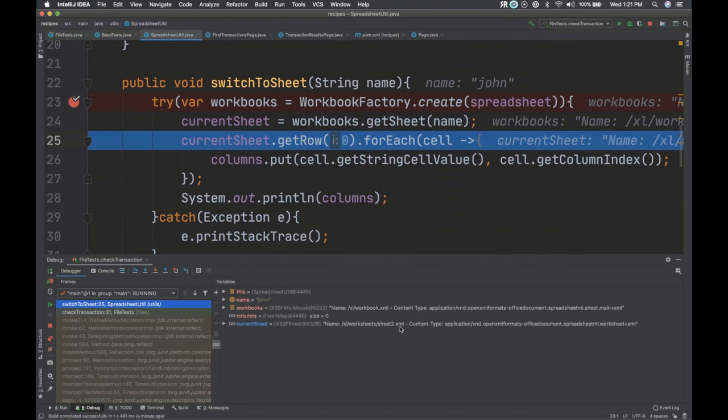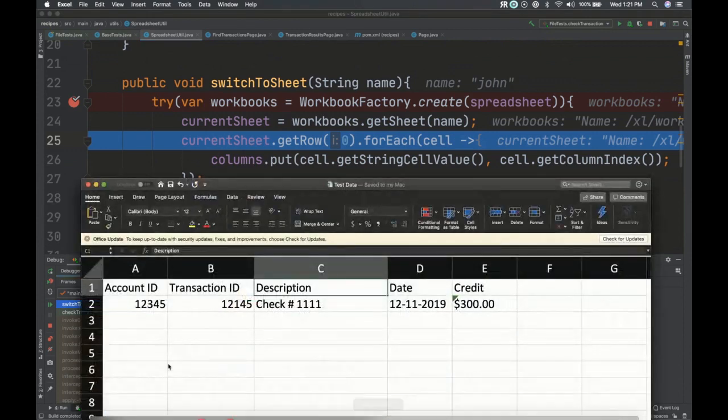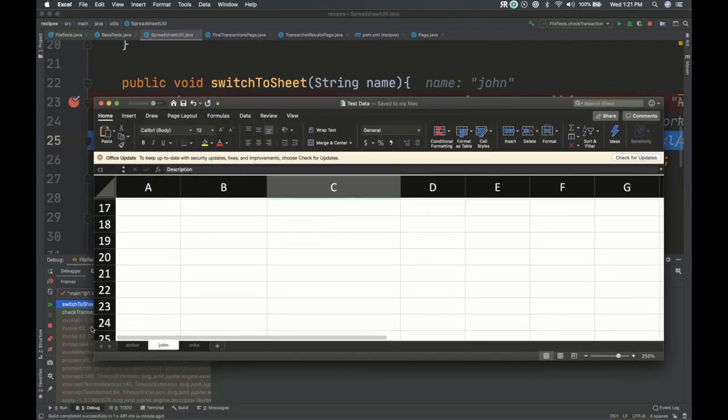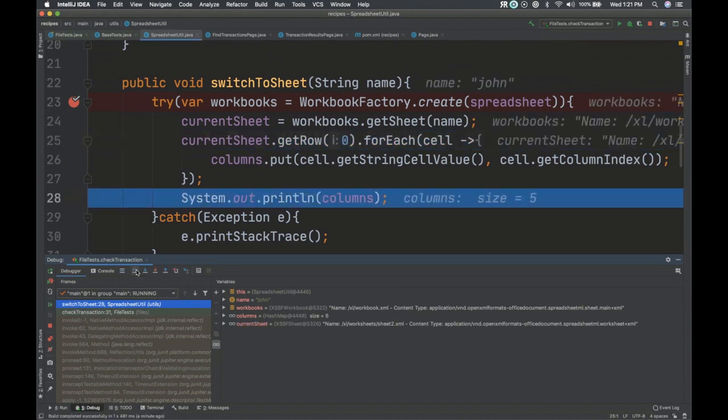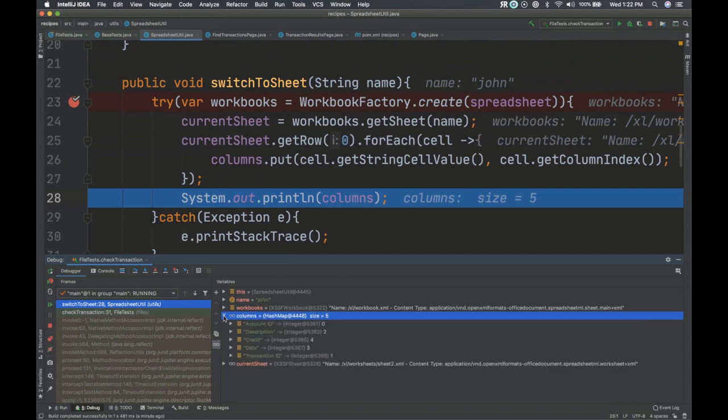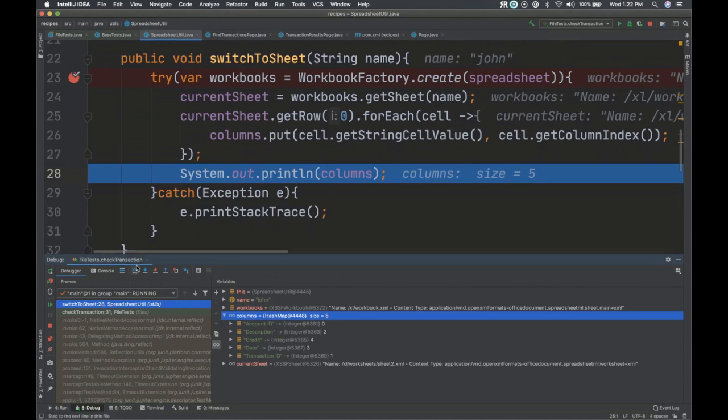So it looks like each of those is an XML file. It says sheet 2, which I imagine means like 1, 2 or something. I'm guessing here, by the way. All right, so we say, oh, is this right? Yeah, get the row 0. Yes. So current sheet, get row columns. Columns got populated. Look at that. So we have all the columns, and we already knew that, right? All right. And then great.